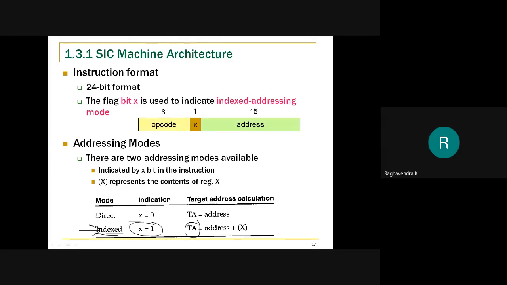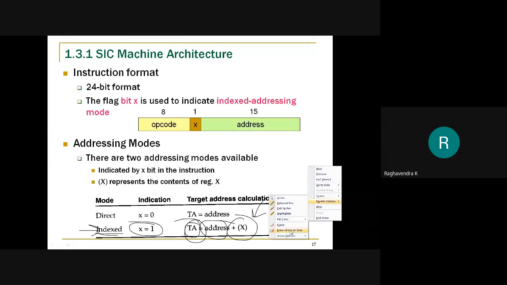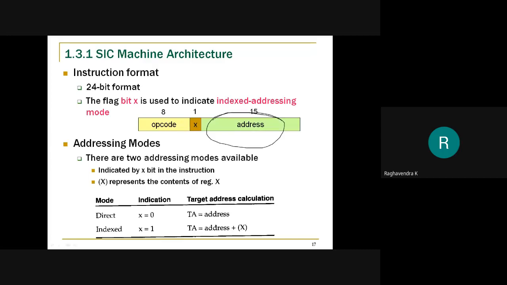In the case of indexed addressing mode, the target address is going to be the address plus the value of x. In the example, instead of calling his name, maybe I don't know his name, so I will say, third one from the last bench, or whoever has just turned on Google Meet and is doing something else, you stand up. I'm doing something extra here to get the target address. If you are using an index addressing mode, then to whatever value is present here, you need to add the index register value.